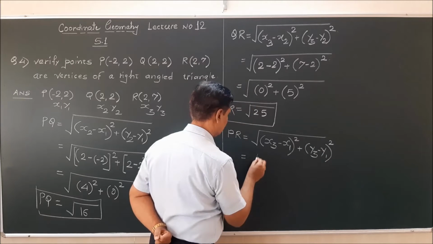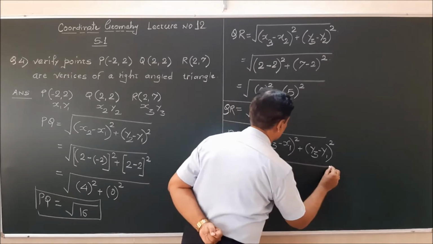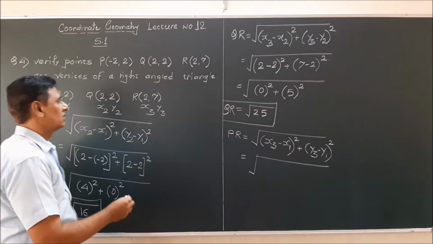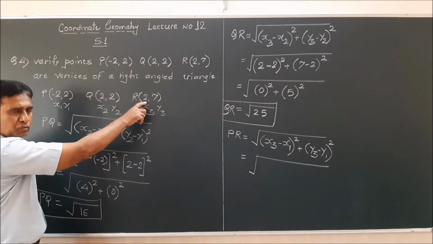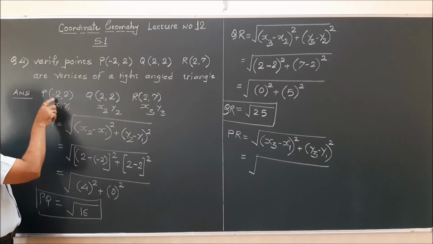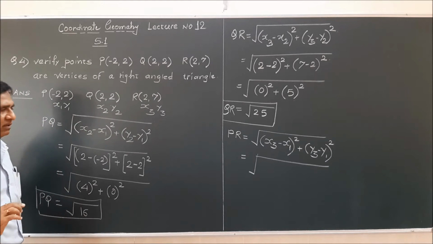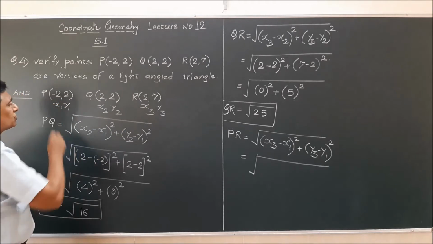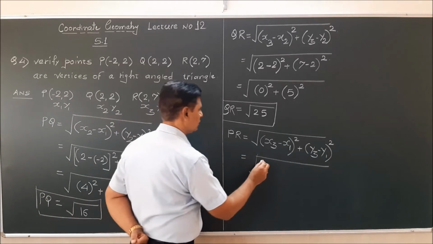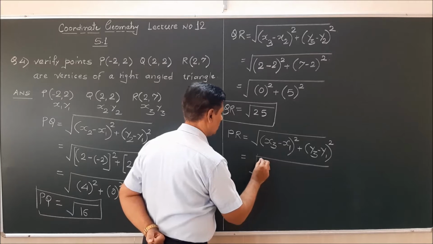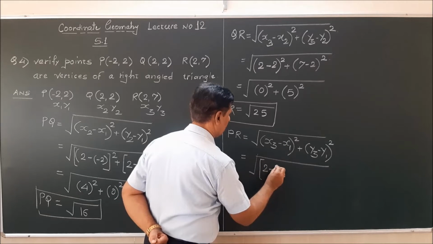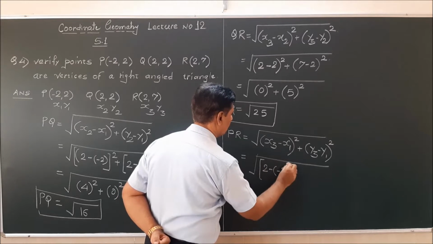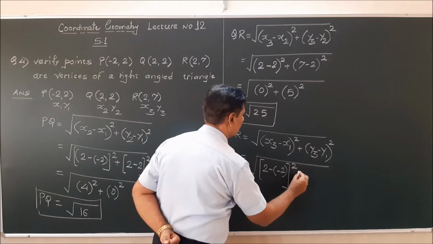That will give us the square root of x3, whose value is 2, while the value of x1 is minus 2. We have to be careful here also. So I'll write it here as 2 minus (minus 2), bracket close, the whole square, plus